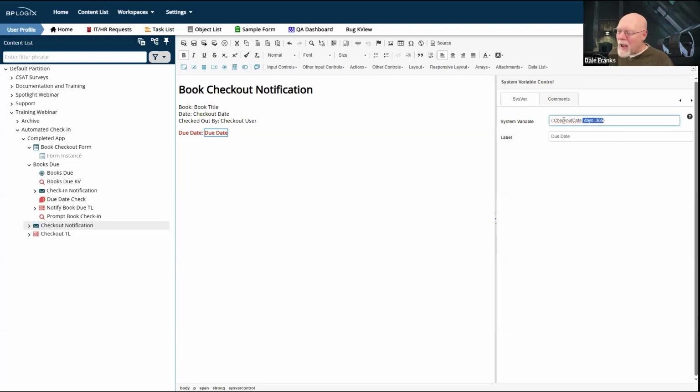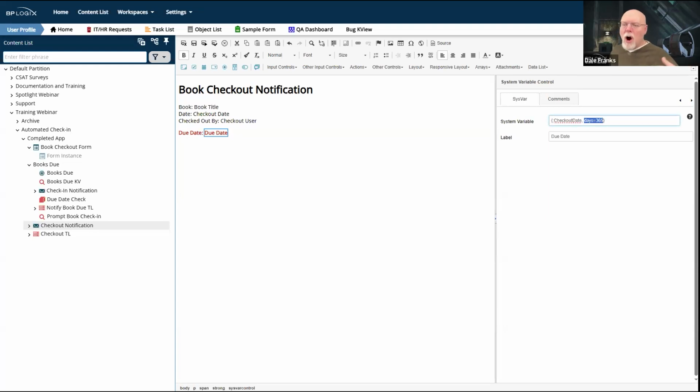So if I have any valid date, so checkout date is a date time picker, it's obviously a date field. The system variable returns a date value. And so with any date time system variable, I can just advance the date by however many increments I want, simply by, as I've done here, dropping in days equals 365.